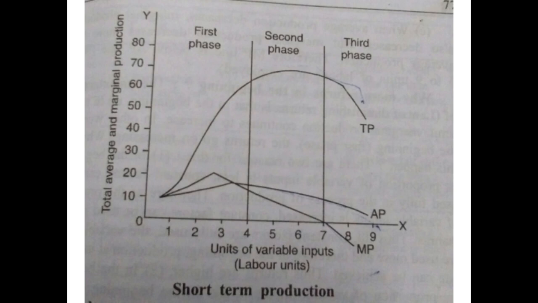If the production level is stopped in the first phase, it does not reach the maximum level. The firm cannot achieve the level of maximum profit earning. If we stop our production in the first phase only, then we are not going to achieve it on a maximum level. So we need to go on towards the second phase. If production is continued in the third phase, marginal production becomes negative and total production decreases. If we go on continuing and move towards the third phase, then MP becomes negative and total production also decreases.